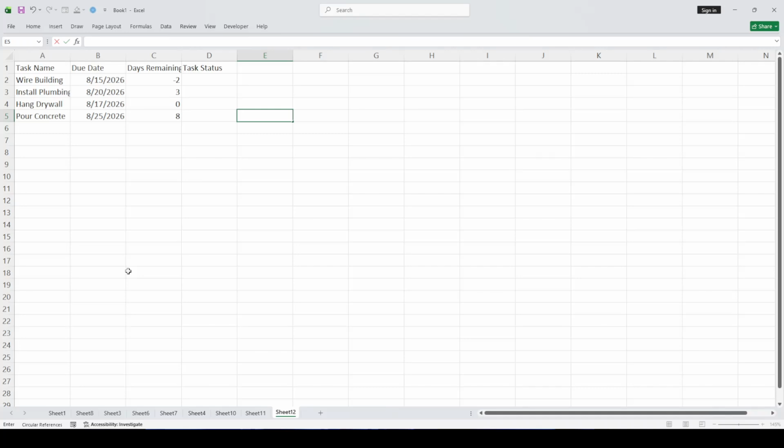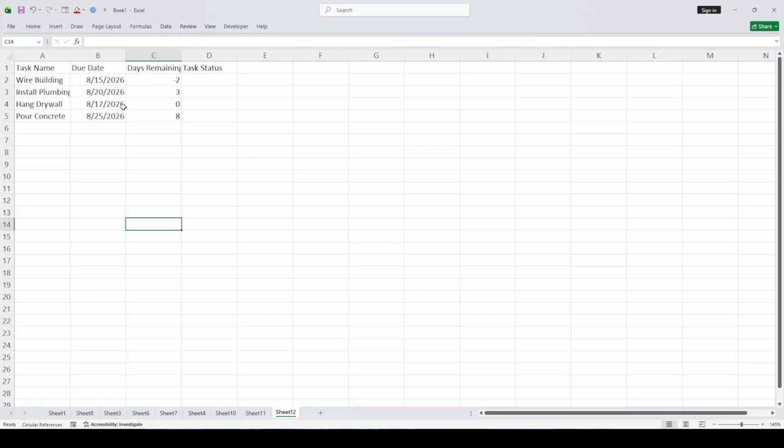In today's video, I am going to teach you how to identify critical tasks in Excel. If you are managing a project and want to quickly spot what needs attention, Excel can help you flag the most important items automatically. We are going to use a simple formula and then turn it into a visual highlight using conditional formatting. As you follow along, make sure you are working in the same worksheet where your project data